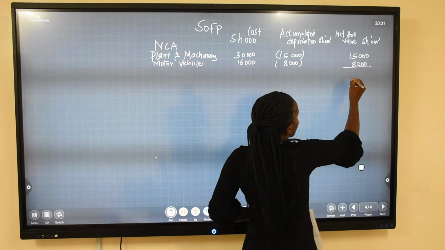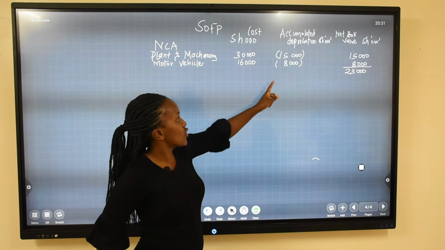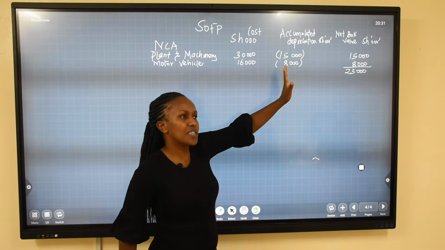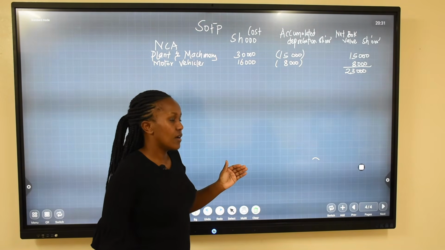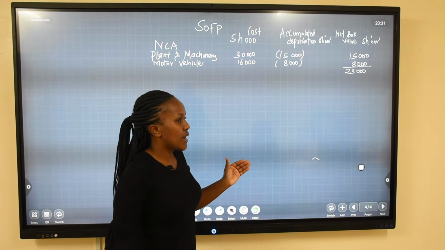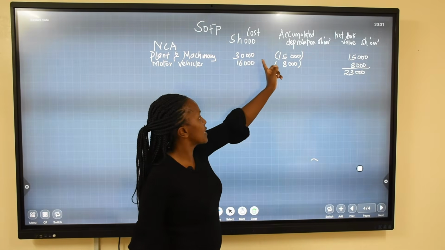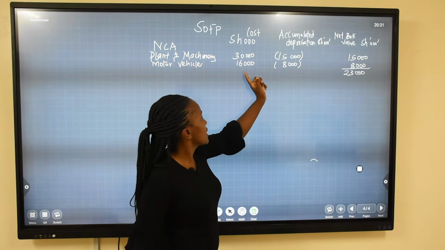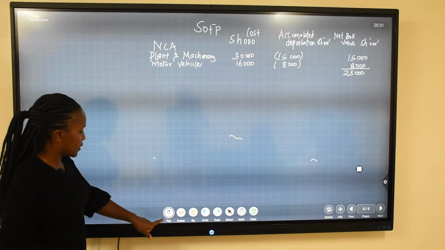So a total of 23,000. So this is the accumulated depreciation at the end of the year. It is a combination of the depreciation provision given in the question and what we computed during the year in the working, giving us now, and this is going across. It's 30 minus 15, you get 15. 16 minus 8, you get 8. Coincidentally, they just happen to be halfway, but